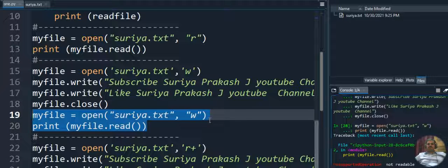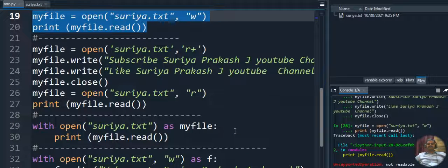It is an error because we gave write mode but we tried to read the file content. I hope you understand this write mode. We are writing the content inside the file and we try to access it, but it's not possible. It shows the error unsupported operations.